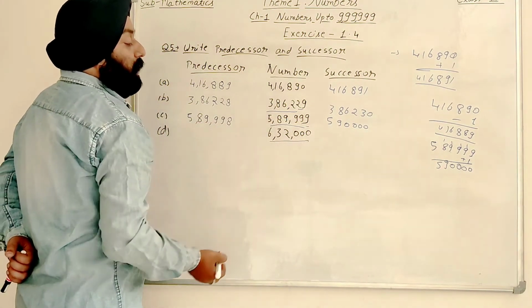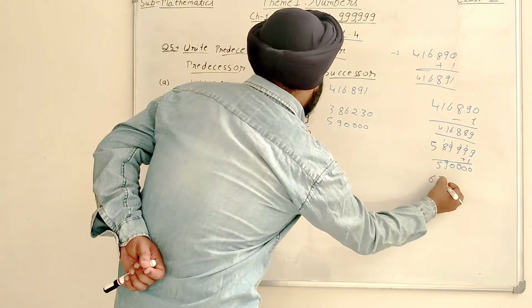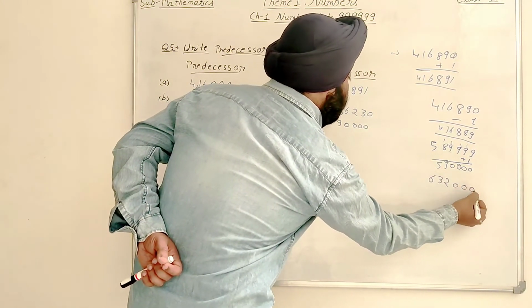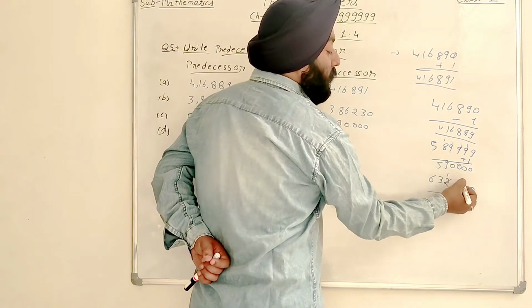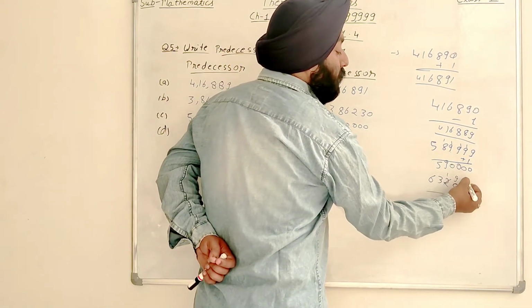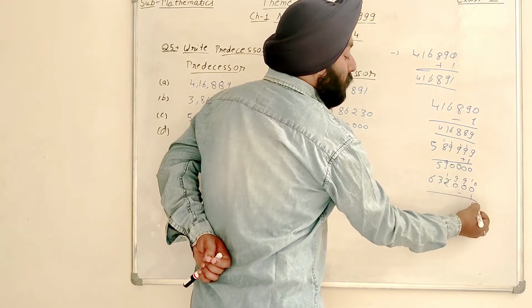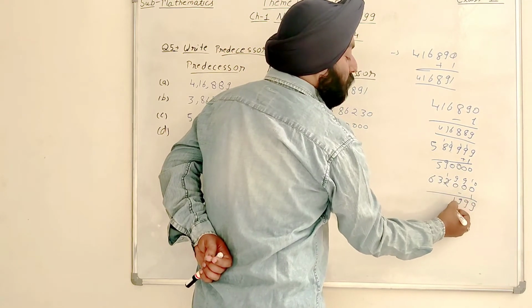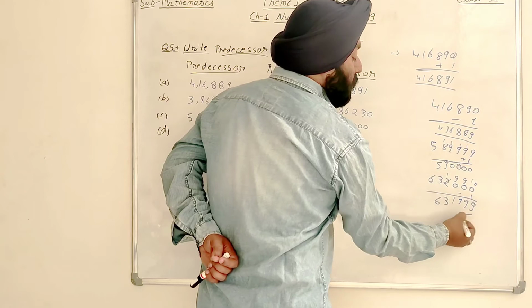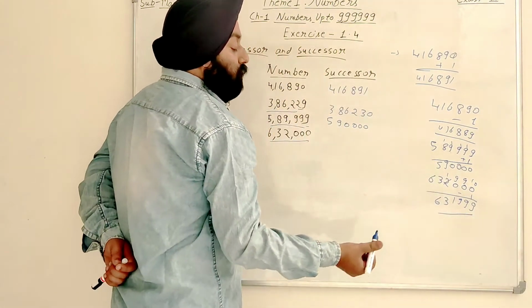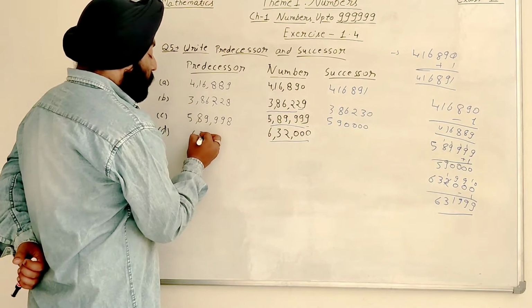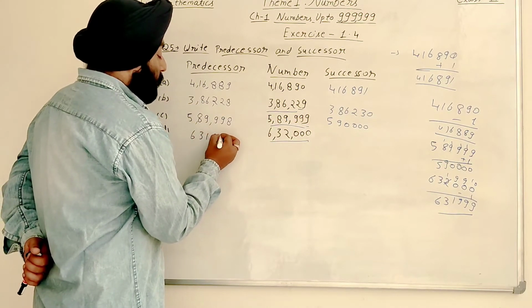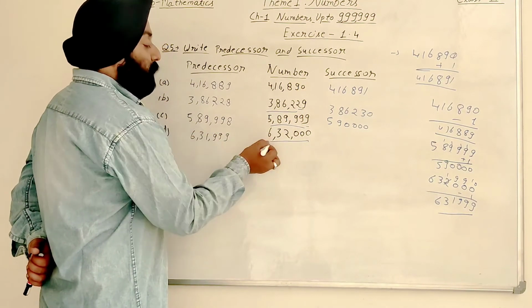Then 6,32,000. We have to subtract 1. We have to give carry. Then 10, then 9, then 9, then 10. 10 minus 1, 9, then 9, then 9, 1, 3, and 6. 6 lakh 31 thousand, or 6,31,999. 6,31,999 is the predecessor of